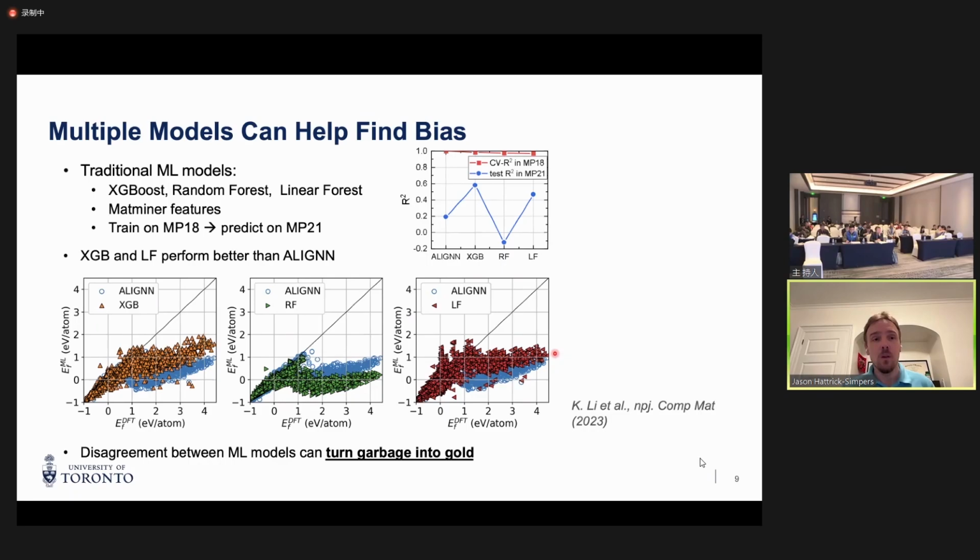So on the left, you can see a reduced dimensional representation of the two data sets, the training and the test set, MP18, MP21. This is in UMAP. It's not particularly important. And what we're going to do is we're going to use active learning principles. We're going to use this ensemble model, query by committee, and